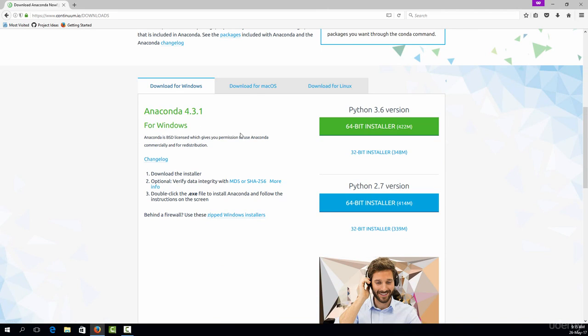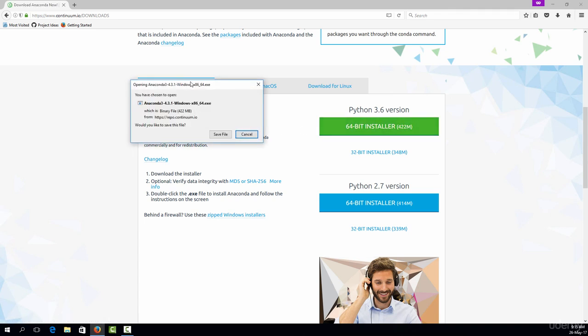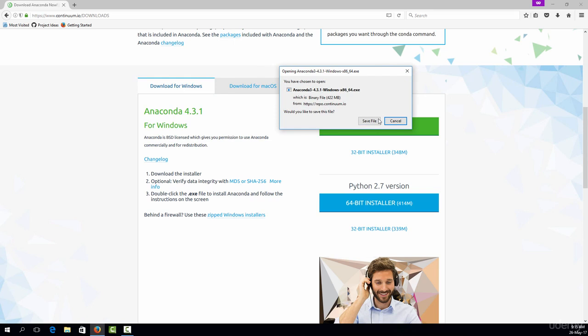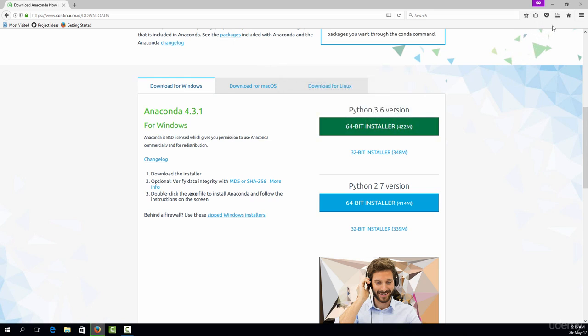So what you simply need to do here is that if you're using Windows like I am using over here, you could simply click on the Python 3.6 version for Anaconda, which is a 64-bit installer. So you simply click over here, and it's actually going to ask you to save this particular file. Once this file is saved, it's going to take a while. Then you simply need to open up this setup file and go through the installation steps, and the installation process is actually quite simple. You just need to go through it, and once it is done, Anaconda would be successfully